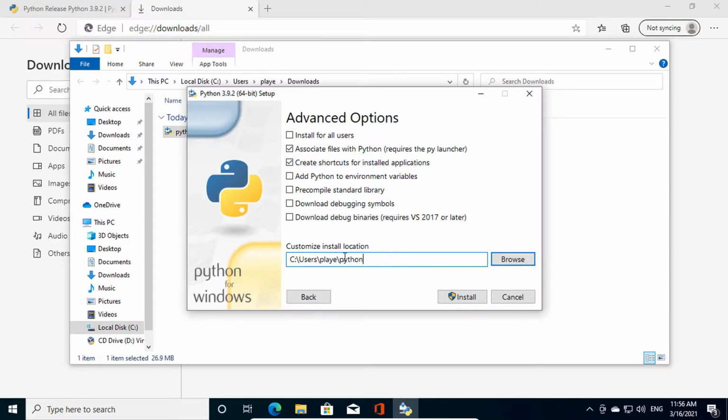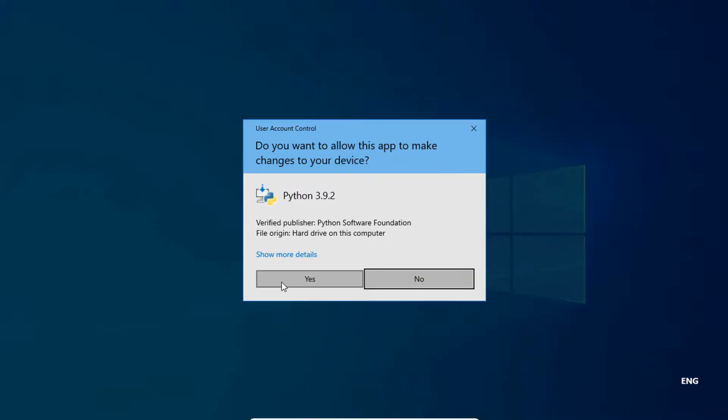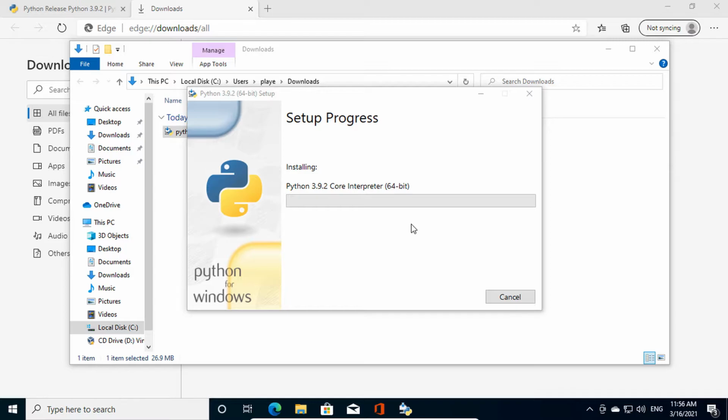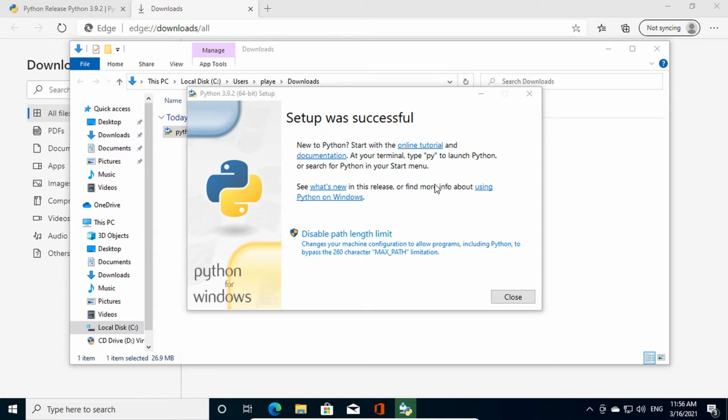Actually, this should be C Python. And click on install. Here click on this disable path length limit.